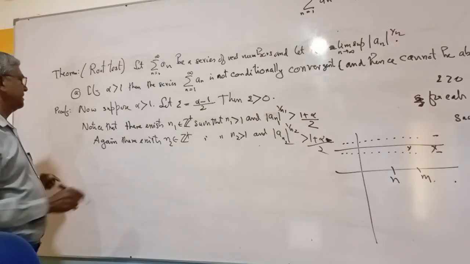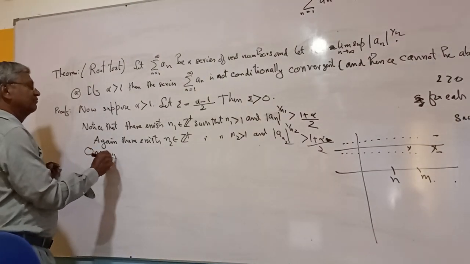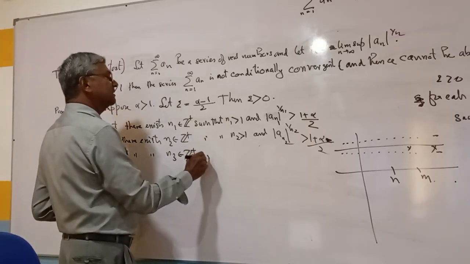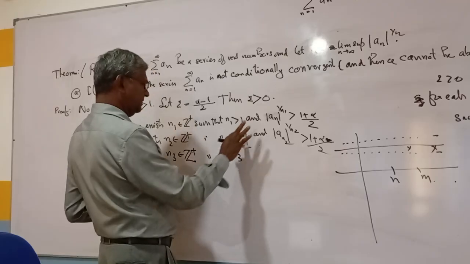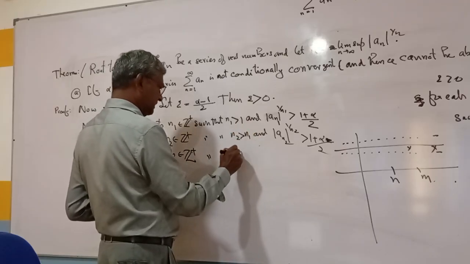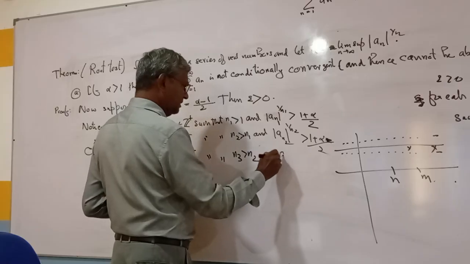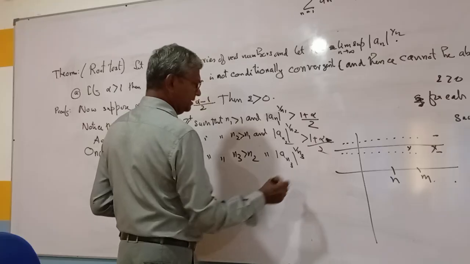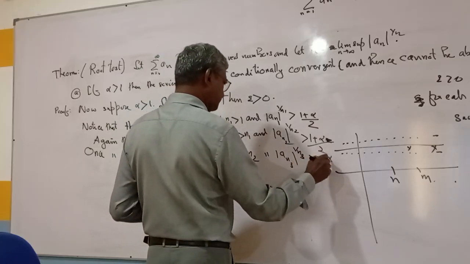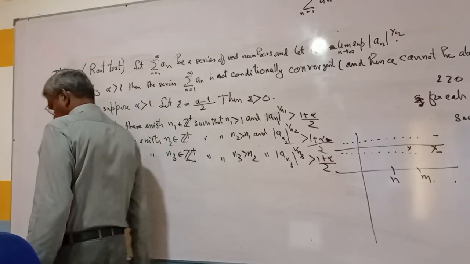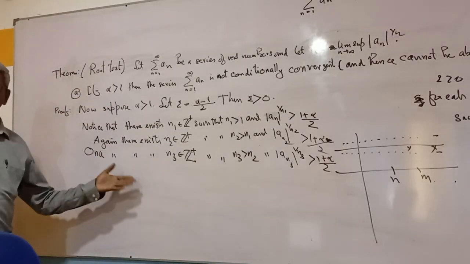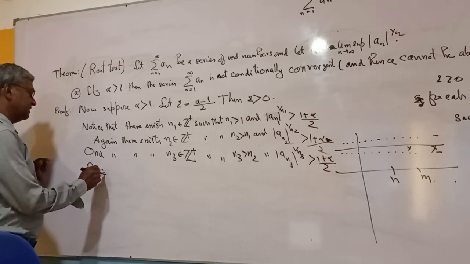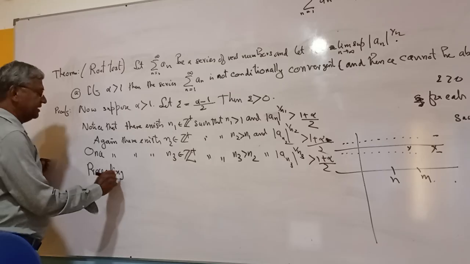Once again, there exists n3 belonging to Z plus such that n3 greater than n2 and mod a_n3 to the 1 over n3 is greater than (1 plus alpha) divided by 2. So you get a sequence this way. Proceeding in this manner,